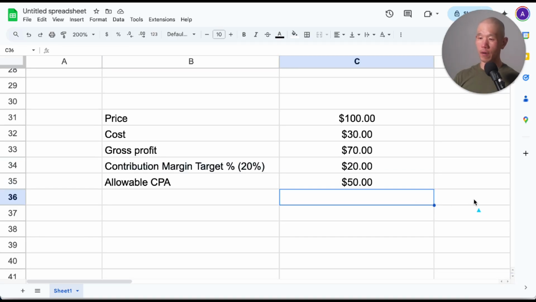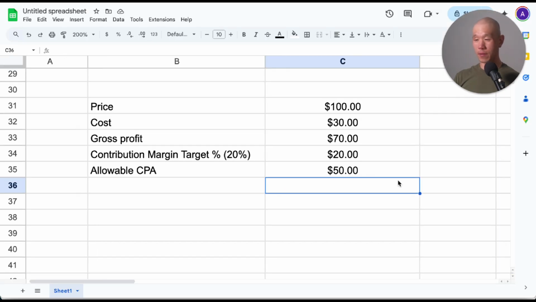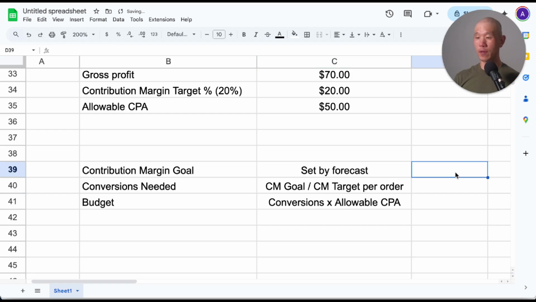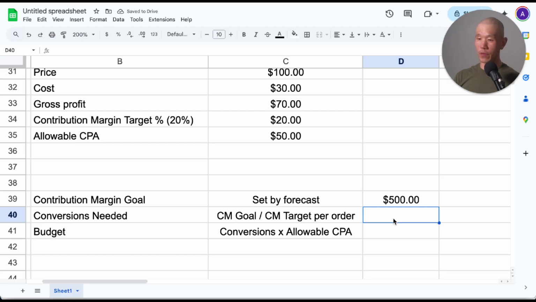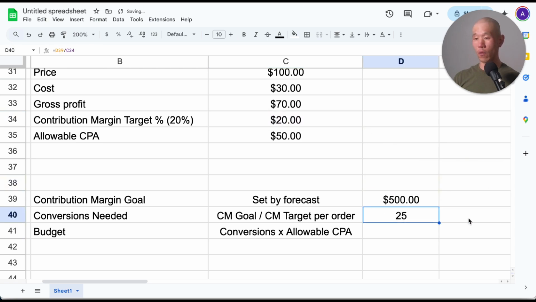Knowing these numbers of what I want to make in contribution margin per order, knowing what my allowable cost per acquisition is, and then knowing what I want to make each day, we are able to figure out what budget makes sense. If we put in some extra considerations, my goal here is $500 a day. And when it comes to the number of conversions that I need to earn that $500 a day in contribution margin, I can take the 500 and divide it by the contribution margin that I plan to earn, or historically that I know I earn per order, which is going to be 25 orders in this case, or 25 conversions,